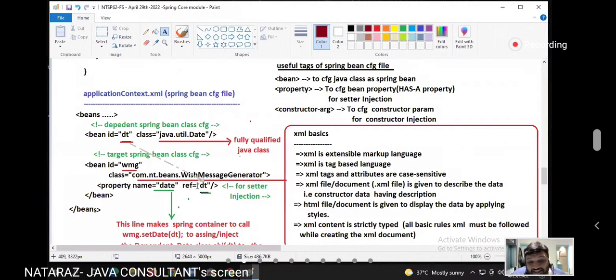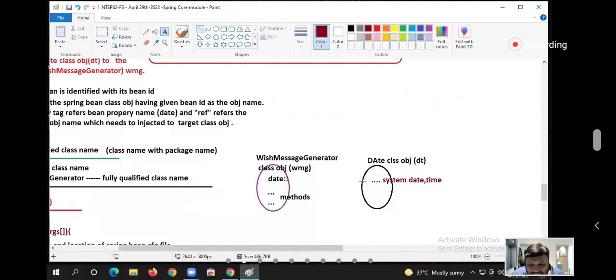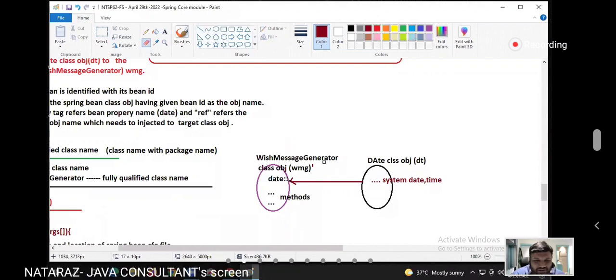Listen. This dt was picked up and searched for, and this class object is created. But all these things are done to complete this setter injection. Don't forget. So here, this will be injected to this property by calling which method?